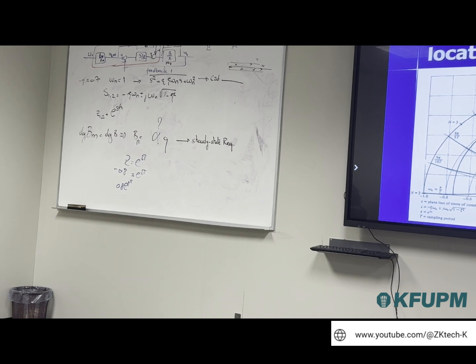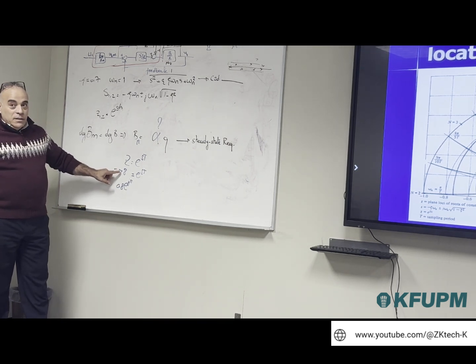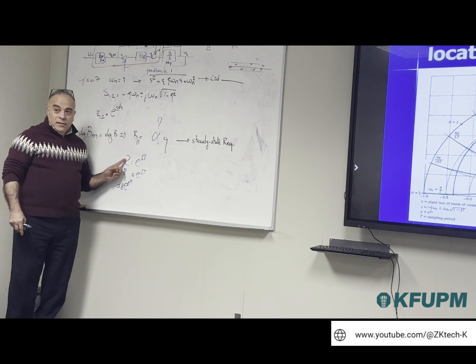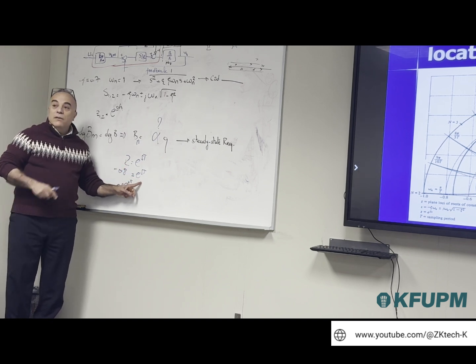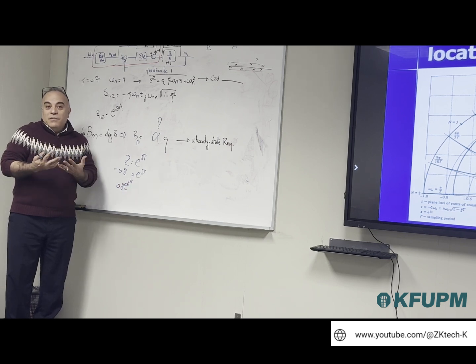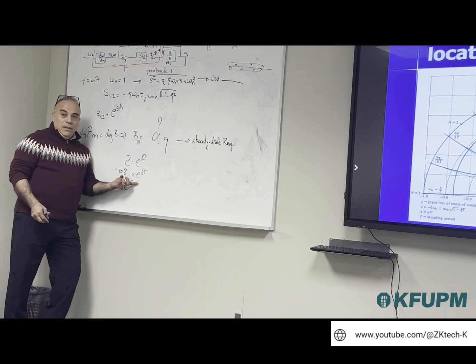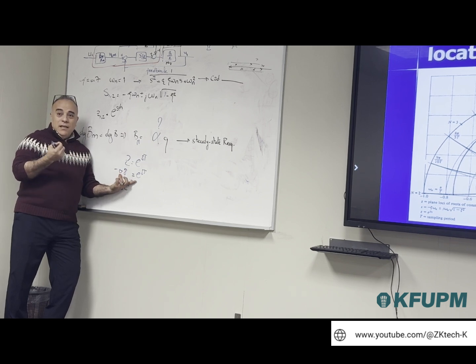So I computed the zero, I found it minus 0.8. Your friend computed before, it's around minus 0.8. So it's minus 0.8, this is Z. I would like to see what is the pole in continuous, because I would like to understand what is the dynamic. Is the dynamic something that I like or something that I don't like? So if I put minus 0.8 equal to e to the power sT, the matching between the two, if I was really working on real systems, not complex systems, I cannot put e to the power sT equal to something negative. So what I will do in order to make sure that I am compatible in terms of